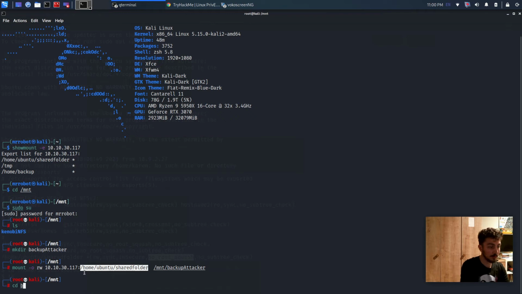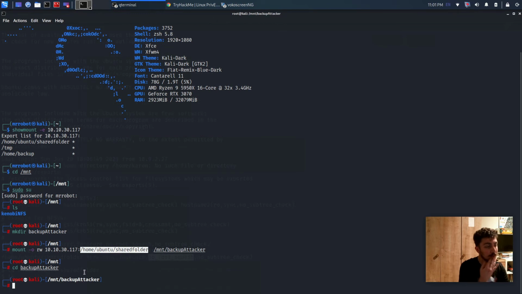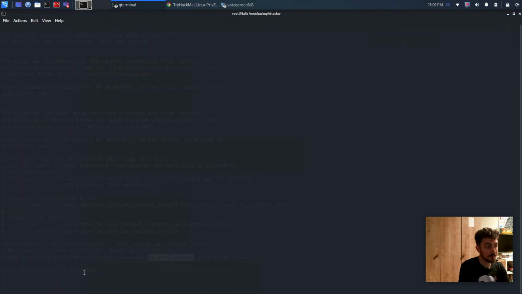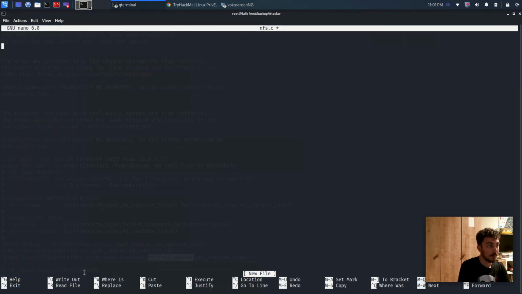Let me go to the backup attacker part, and let's create it right there. NFS.c, and we are going to write it here. We are going to set the SUID,